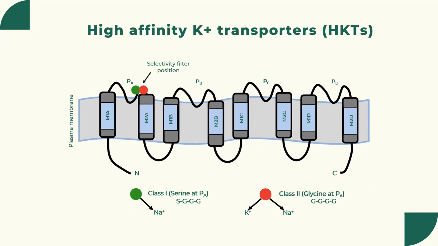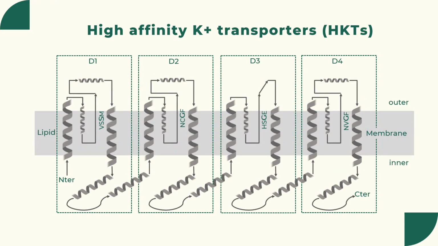Now, if we look at the structure of HKTs, it contains four identical transmembrane pore loop transmembrane domains. Each pore loop contains a selectivity filter, in which the first pore loop selectivity filter determines whether sodium, or sodium and potassium, can be transported. Since serine instead of glycine is present in the first selectivity filter of rice HKT1, it transports sodium only. Furthermore, if we look closely at the secondary structure, in each domain we could see 5 to